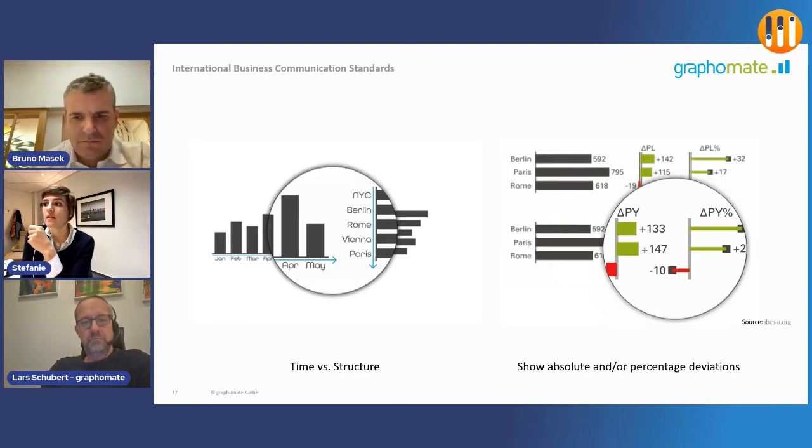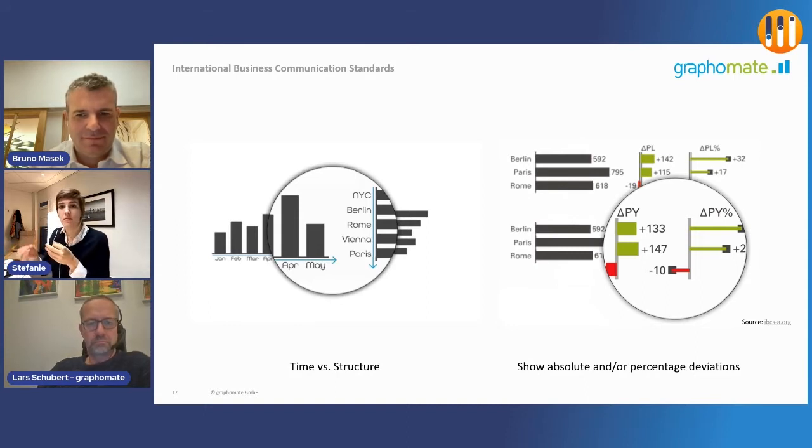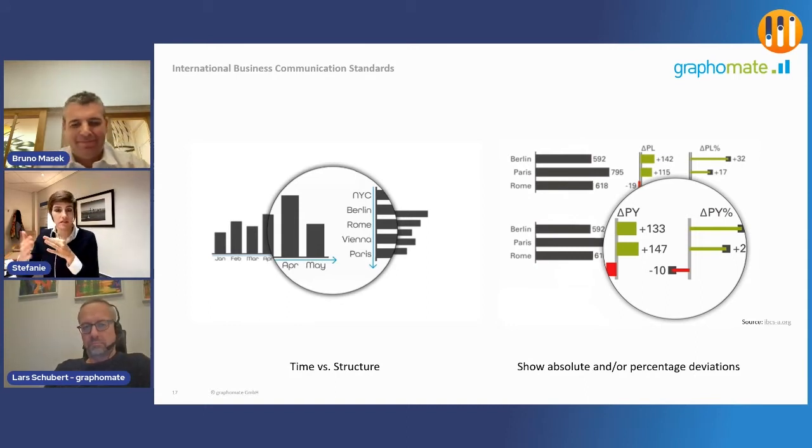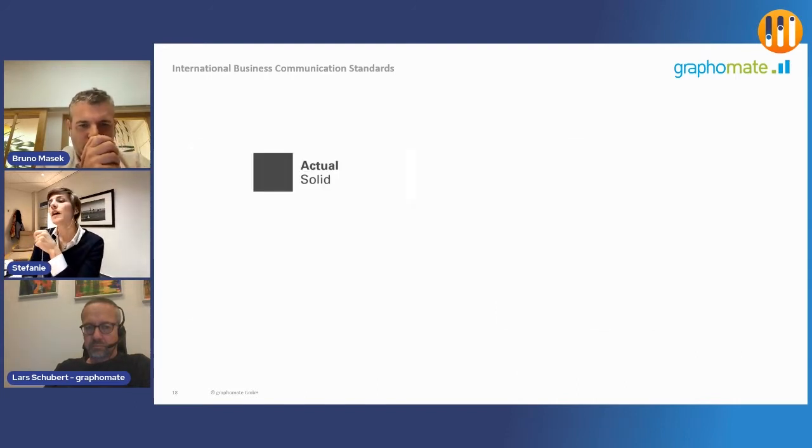Yeah, and it's also a good idea to show the variances in absolute or percentage values, because most people who decide how to navigate the business think in terms of deviations, like is it good or bad, and show it with a corresponding color, like green has a good impact on your company and red a negative impact on your goals. So it's quite easy, and just add it on top. And last but not least.